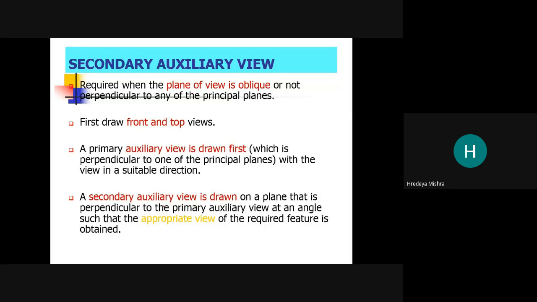A secondary auxiliary view is drawn on a plane that is perpendicular to the primary auxiliary view at an angle such that the appropriate view of the required feature is obtained.